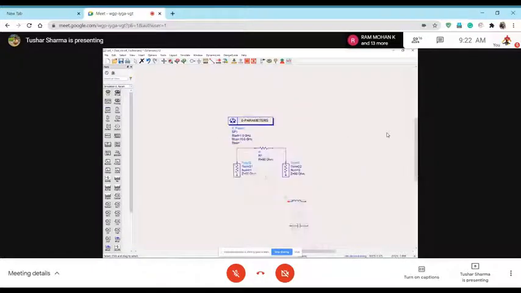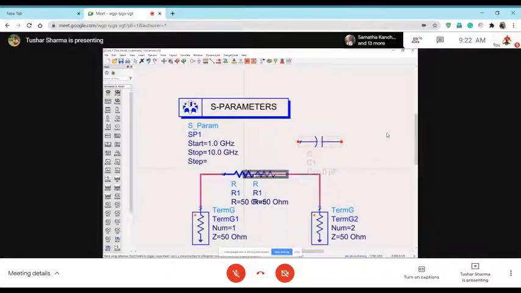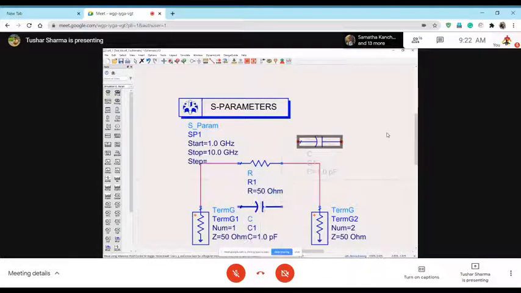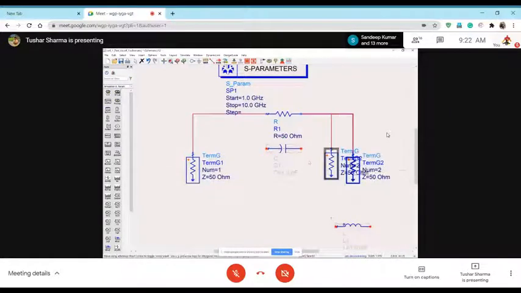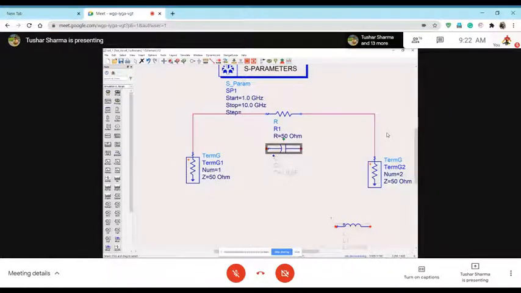So now let's introduce some frequency dependence, which means let me bring a capacitor into the picture. Say I take this resistor, whatever it is, and with that I put a capacitor, say 20 picofarad. Now this is dependent on frequency, right? So with frequency, the network response will change. Let me run it now.